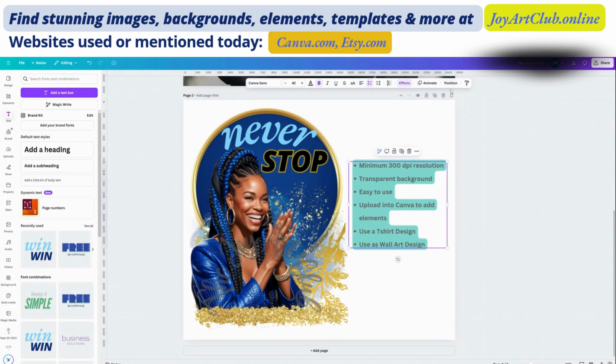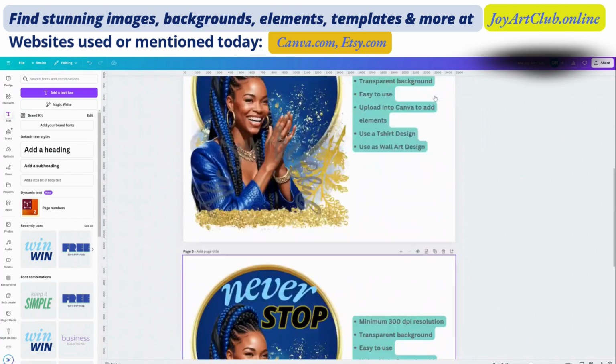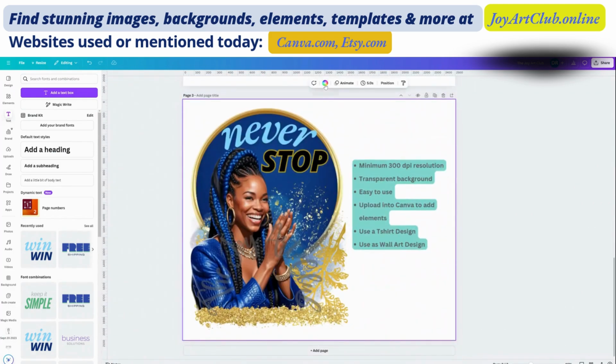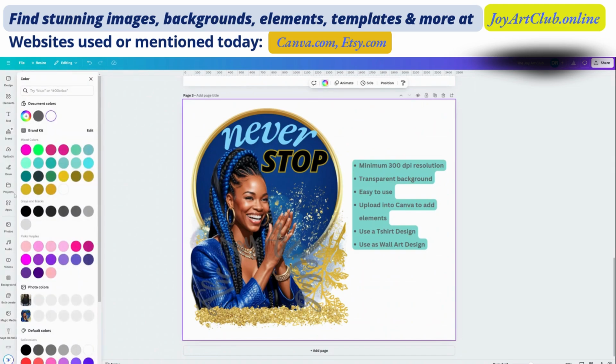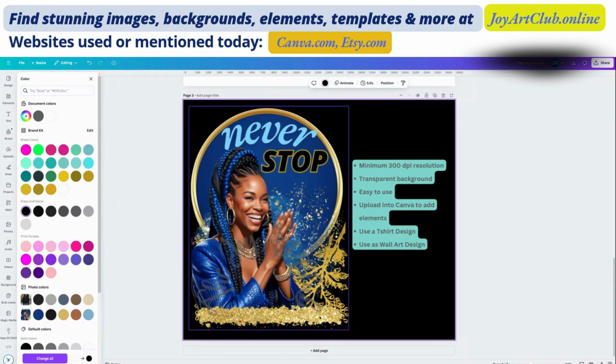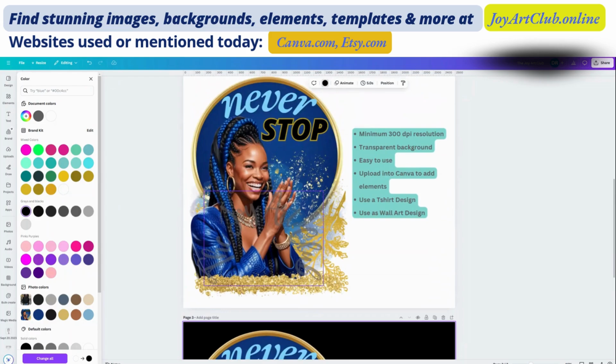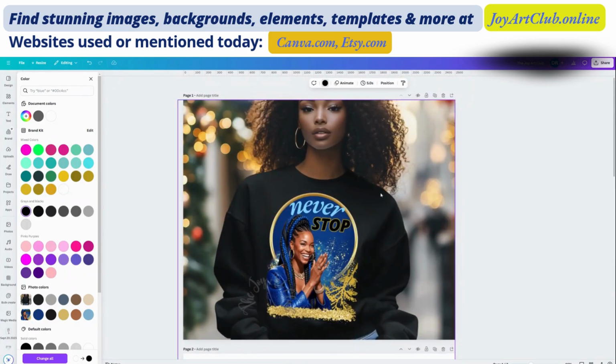Now, I'm going to tell you something else you could do. If you duplicate this page, simply change the background to black. Okay? And it shows your design on black, just like it does on the t-shirt. So you've got this, and you have this. So you've got three mock-ups already for your store. All right. So guys, this is how you make t-shirt designs